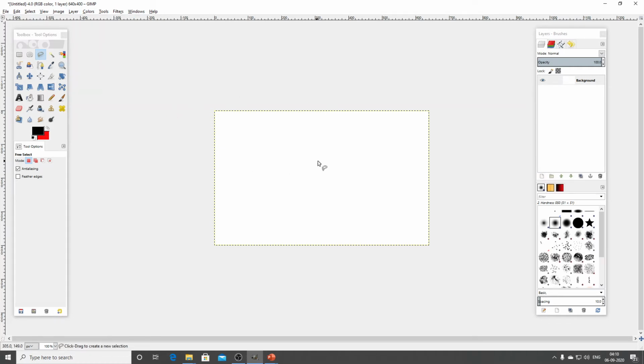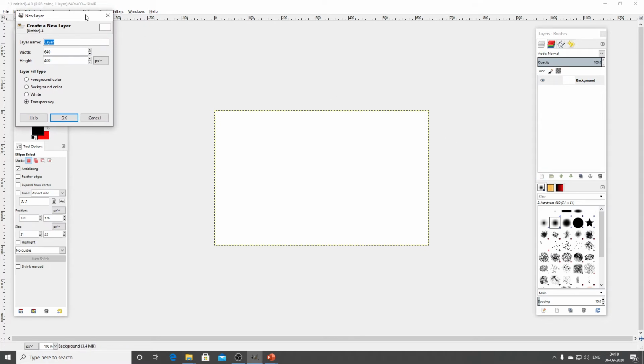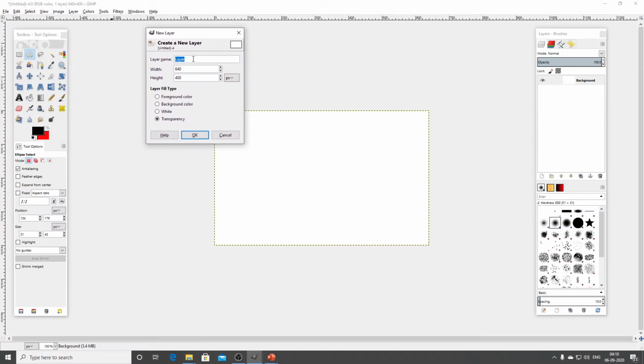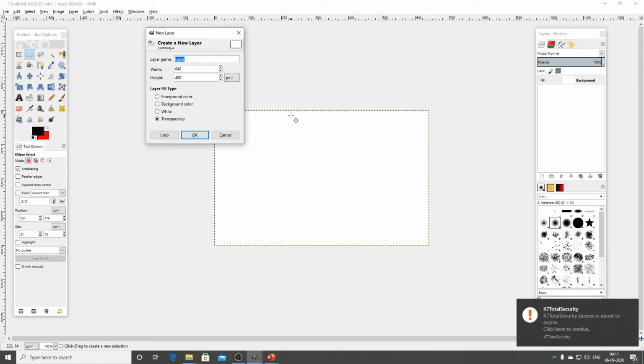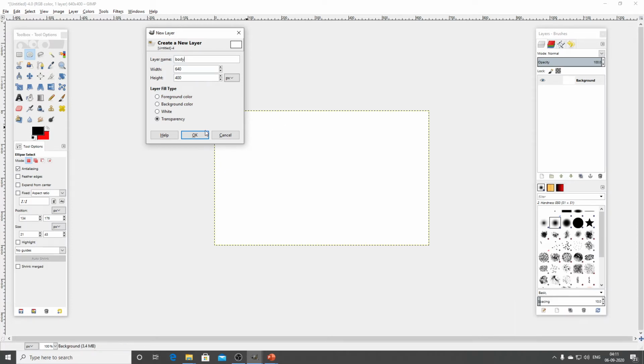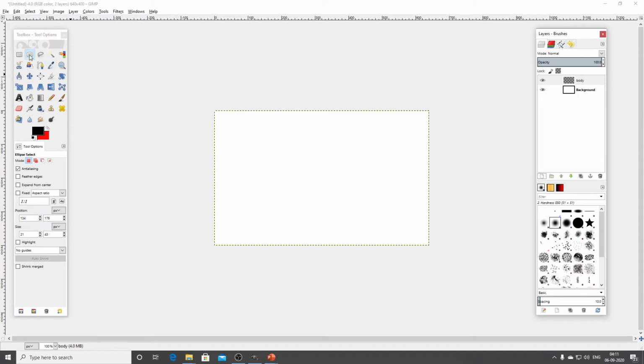With the help of this layer, I am going to create an Angry Bird. I will explain how to create it. First I click the ellipse select tool to draw the body part. A layer is created like this. First, give the name for that layer. Here I type the name as body and click the OK button. Now I select the ellipse select tool and draw the body part like this. Then give the outline color, and the inside you have to fill.